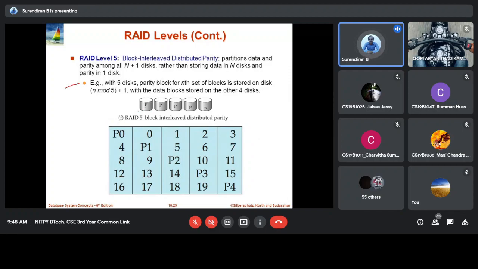So if you want to recover from loss of data, here they use n disks and they store the parity in each and every disk. So the parity will be stored in each of the disks along with the data. So that is RAID level 5.